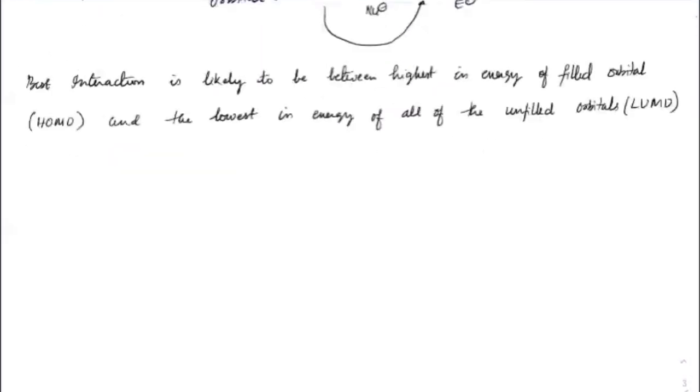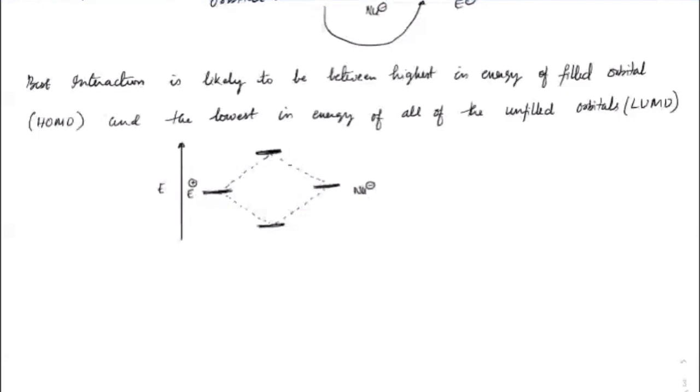As long as their energies are comparable, suppose this is an energy diagram where I have the energy of a nucleophile and an electrophile here. Let's say this is an electrophile's energy, and as long as we have comparable energy for the nucleophile also, then when they interact, they will interact according to molecular orbital theory. They will interact in two ways, either a bonding kind or an anti-bonding kind. So I'm sure you know this.